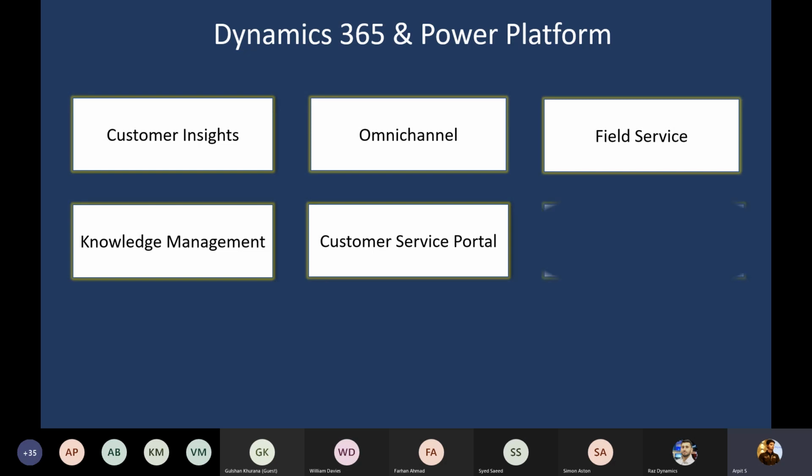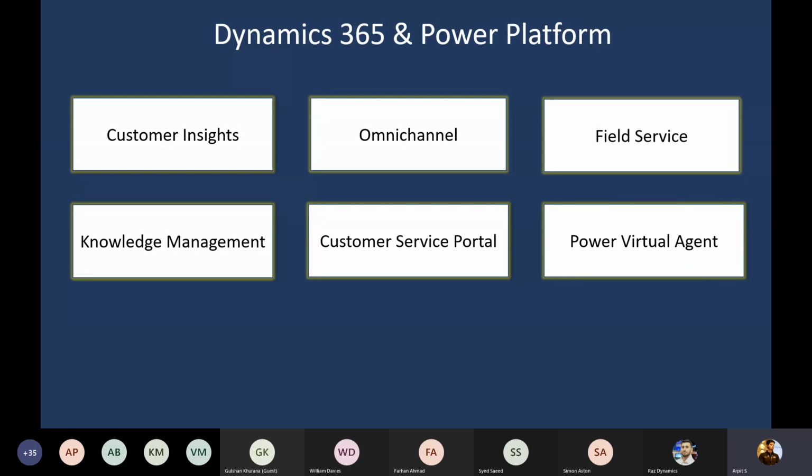Another component, which is a Power Platform component, is Power Virtual Agents. I think in the last session, Sakir has already covered Power Virtual Agents. There are a lot of times when you want the customer to interact with a chatbot, unless it is really required to interact with a human agent, right? For human agent chatting, we have Omnichannel, but unless it is really required, we can simply use Power Virtual Agents. Power Virtual Agents simply provides chatbot capabilities, and it provides a lot of features that Sakir has already discussed.